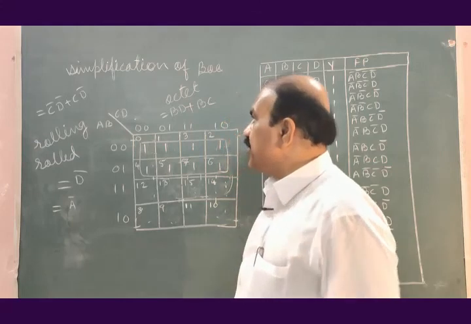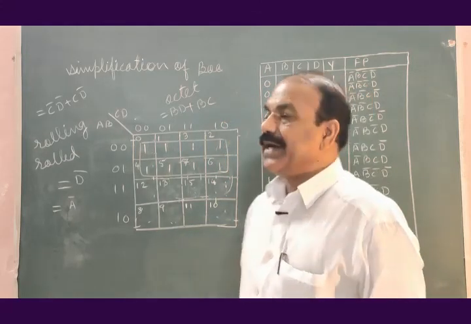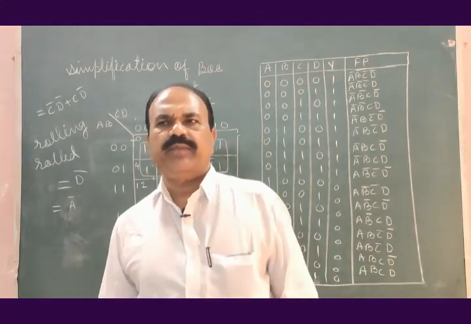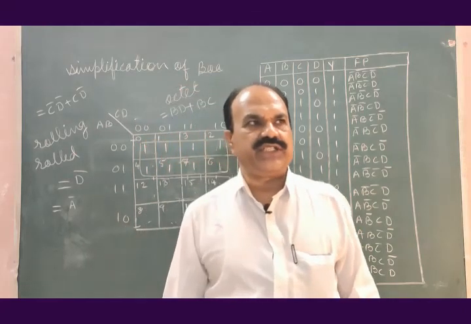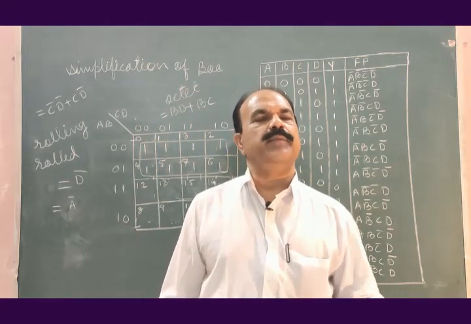So here we complete simplification of Boolean expressions using Karnaugh map, and from this unit only 2 articles are left,